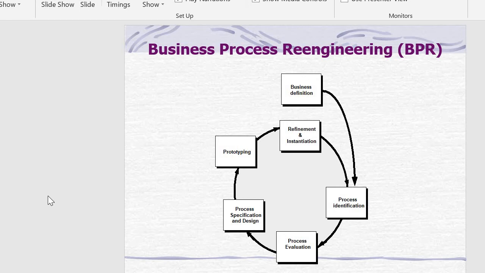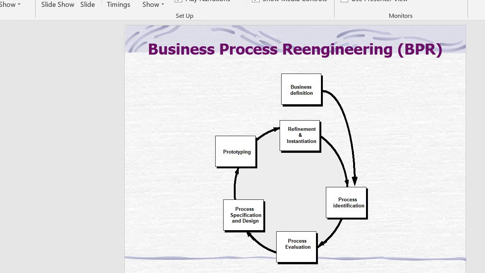Now we'll discuss business process re-engineering. In this business process re-engineering, there are several steps, and this starts from the business definition.